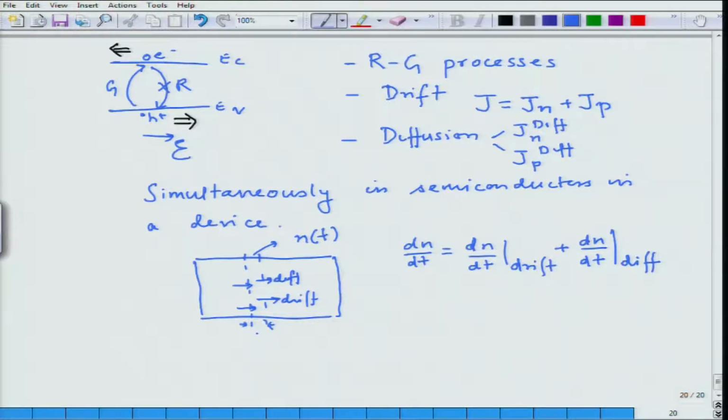Plus, at the same time we know that we can have processes here, the RG processes, which would lead to generation or net annihilation of the carriers. So, that would be an additional term which would lead to change in the concentration, it is a term like source or sink for mass or heat continuity equation. It is a similar term for electron carriers in this context. So, this we would write for RG processes,